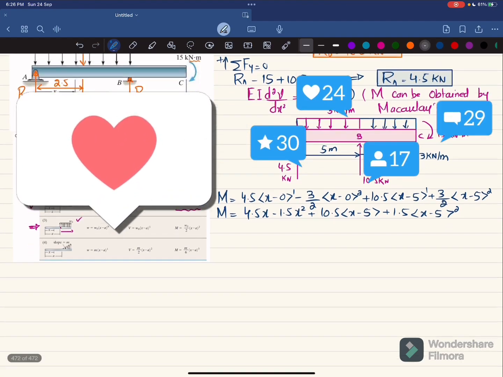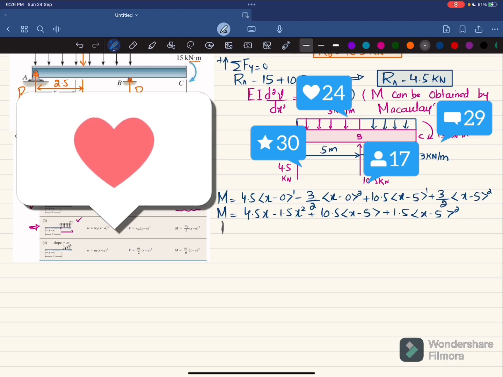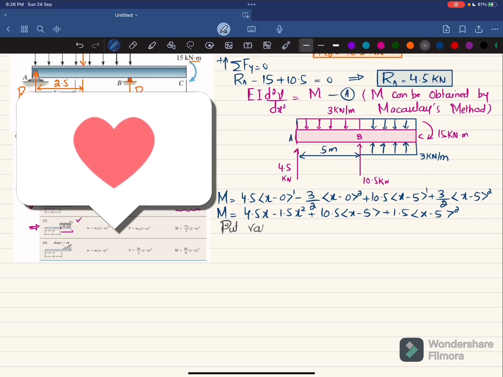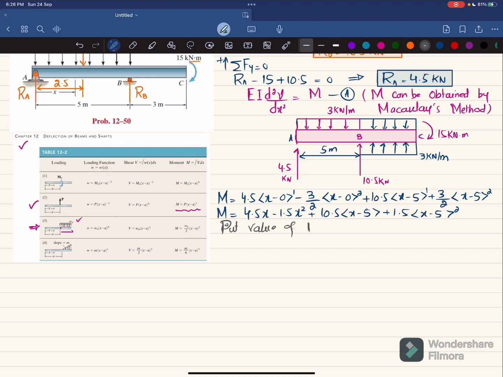So what we will do is put the value of M in equation A. So what we will get is EI into d square v over dx square will be equal to 4.5x minus 1.5x square plus 10.5 into x minus 5 plus 1.5 into x minus 5 square. Integrate this equation,